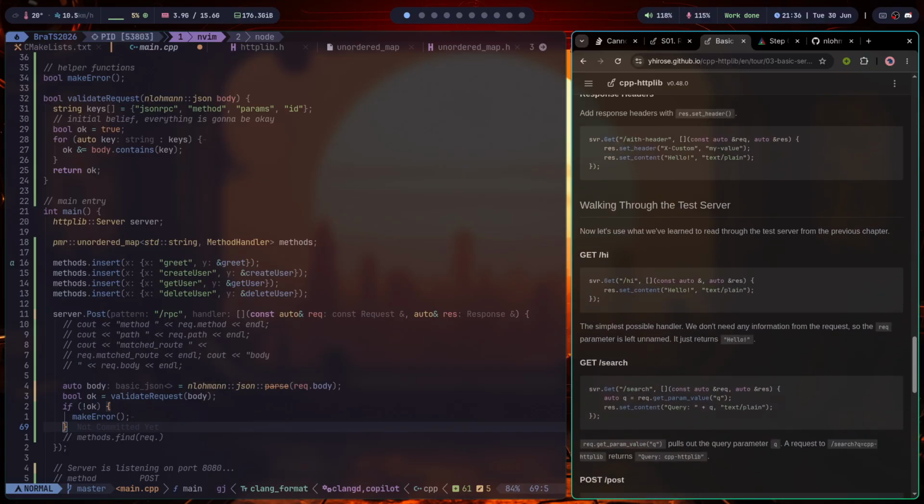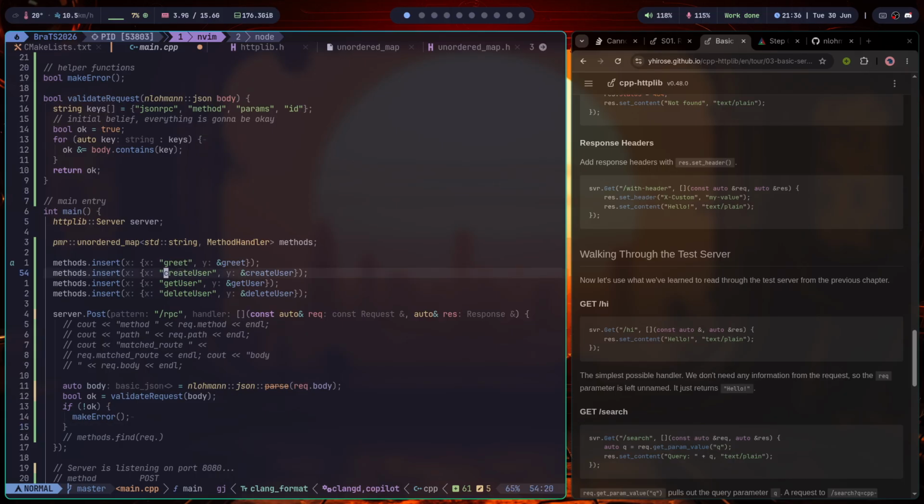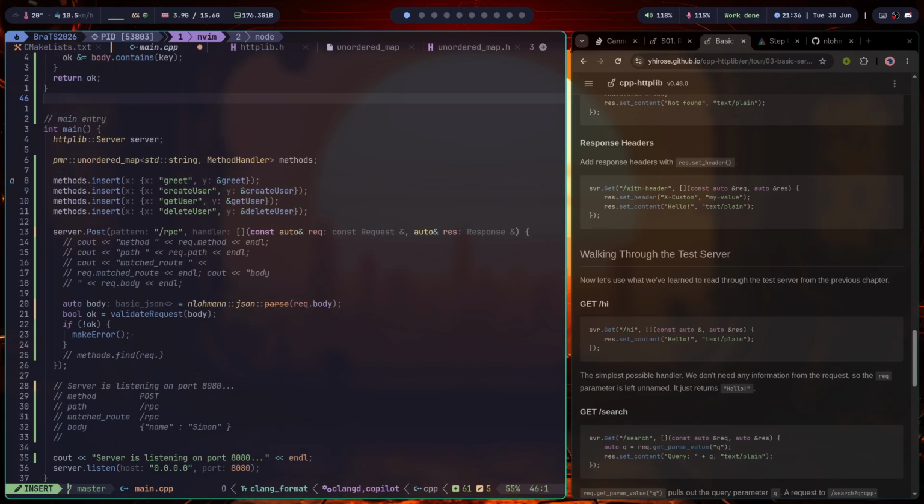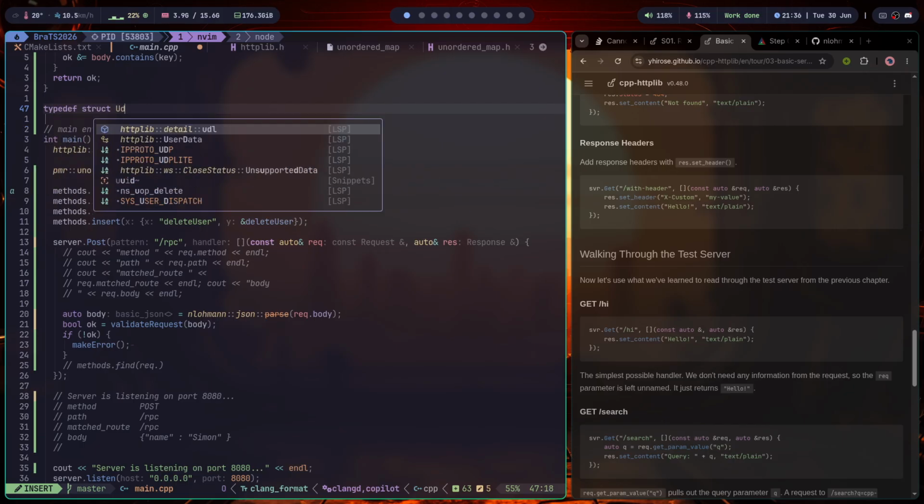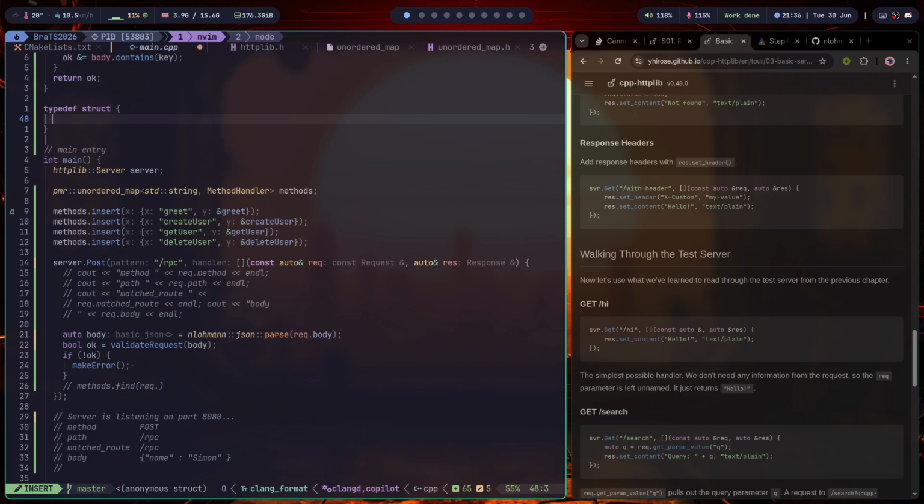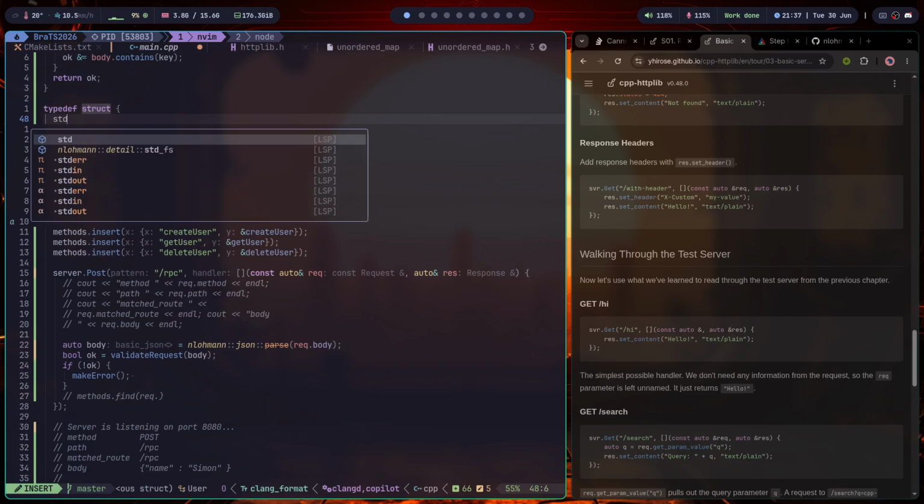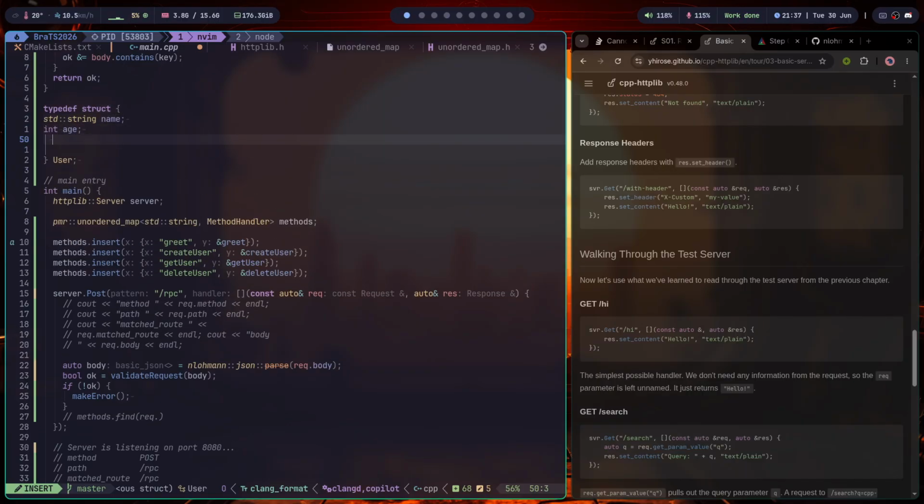But we don't really need any of that. Maybe that would be later or something. Right now, I just want to do very simple stuff here, where you can create a user. We could create a struct user, and the user should have a string name, probably an age, and maybe, I don't know, what